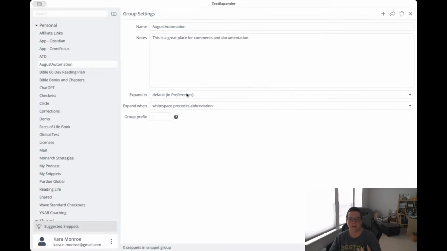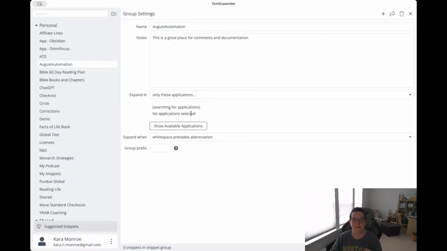And this is something that Keyboard Maestro also does particularly well. And I'll talk in a minute why maybe Text Expander over Keyboard Maestro. So if I wanted this to work in all applications or in only these applications, expand in only these applications. Y'all are watching me click it and it's not working. There we go.